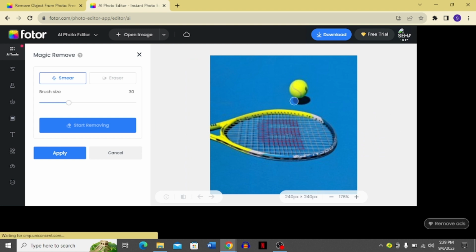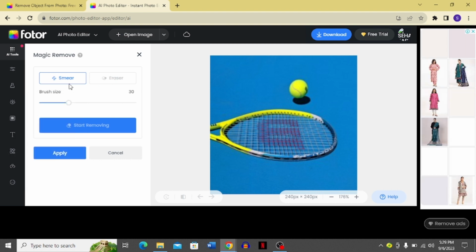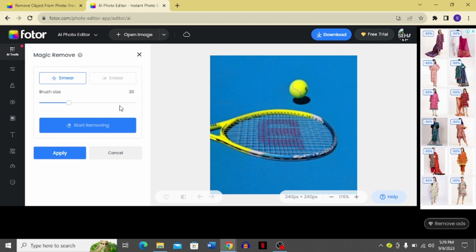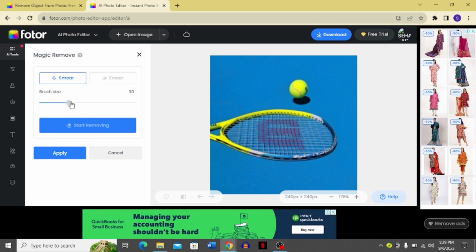You can see it has loaded. Now you can see there are these tools to use. I can use any tool from here, and this is my eraser, this is my smear, and this is my brush size. Now I'm going to adjust the brush size accordingly. Once I adjust the brush size, I'm just going to select the object that I want to remove. For example, I want to remove this ball, so I'm going to just highlight it with this brush of mine,